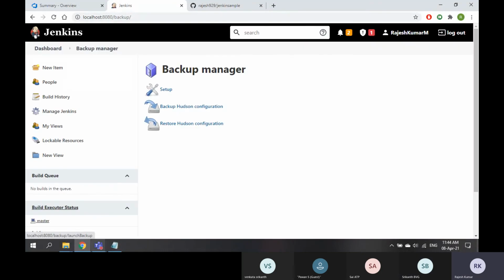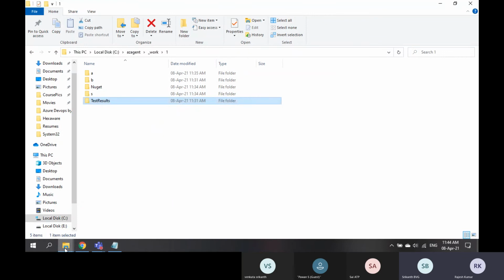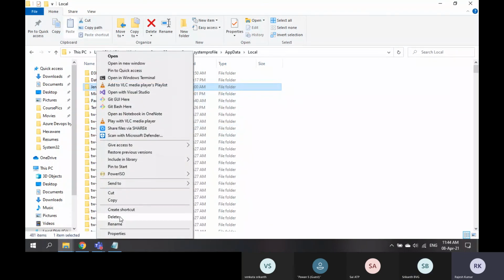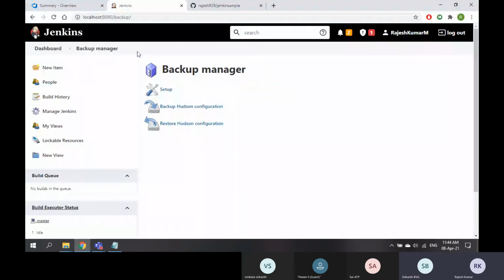If you forget to configure this backup, if someone goes and deletes this folder, then everything is gone. Right click, delete, everything is gone. If they open localhost 8080, they will see blank.